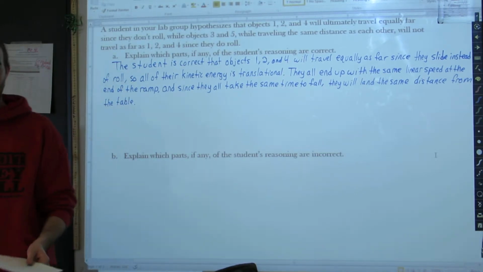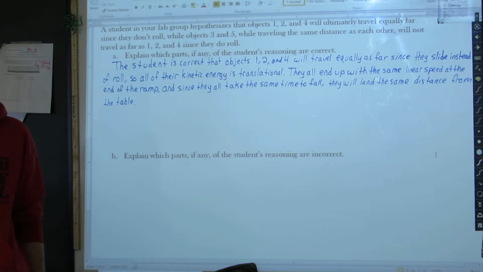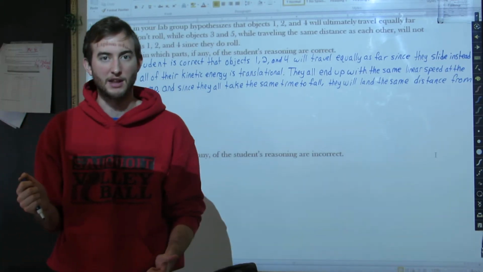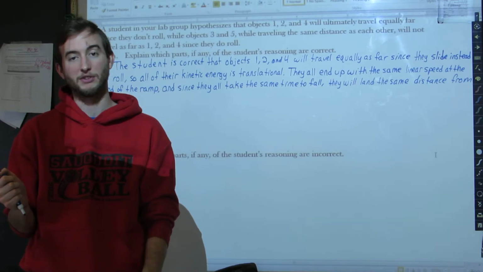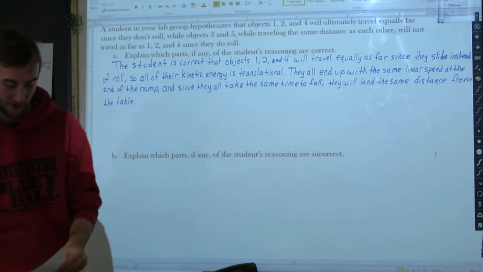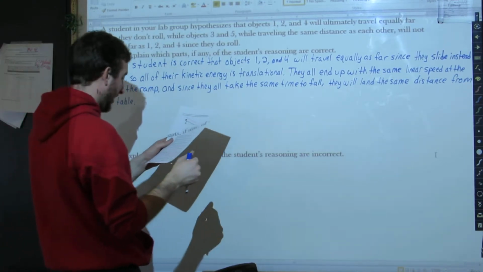Okay? They all have just translational kinetic energy. They will all have the same speed at the end of the ramp. They're all going to take the same amount of time to fall. Therefore, they will all go the same distance for 1, 2, and 4. However,